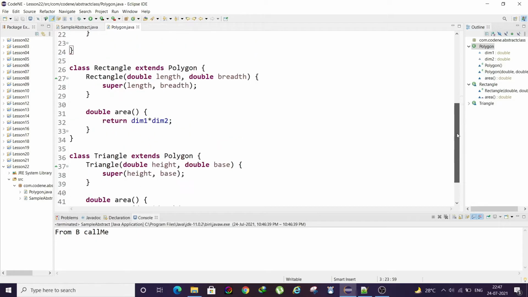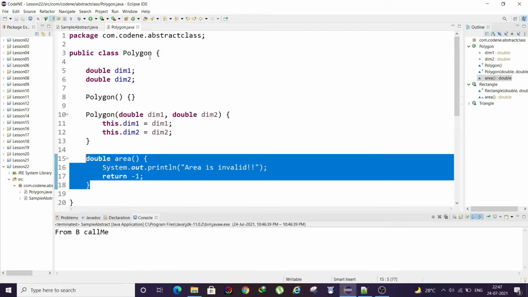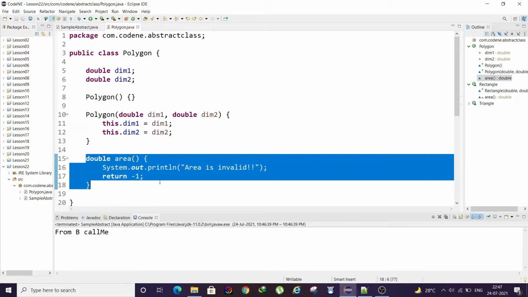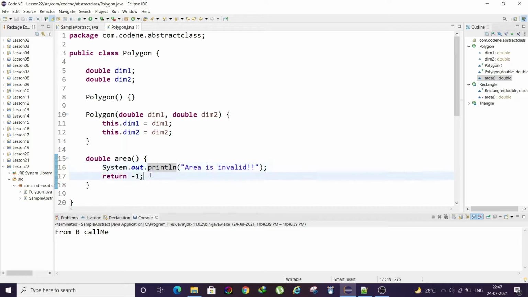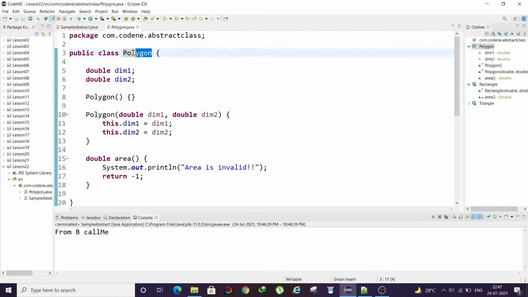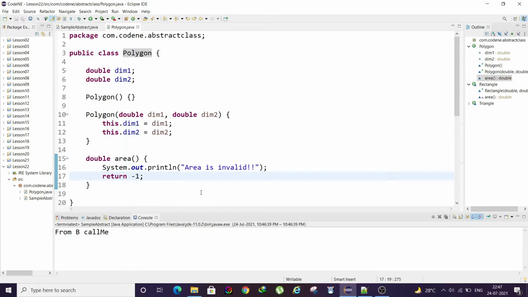So here notice one thing, in the parent class itself we have a method that is area, and what is it doing? Nothing, almost a useless System.out.println. And also we are not using a polygon object, so this area method will not be called, so this will always print area is invalid, right? So we don't need this.